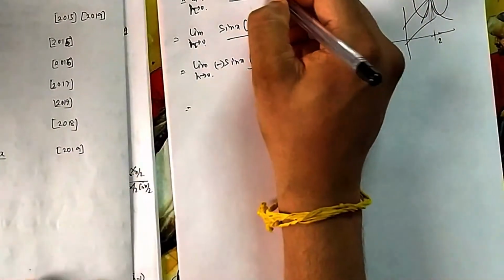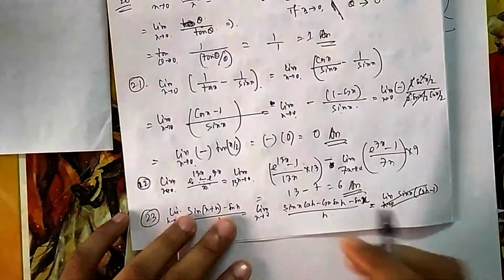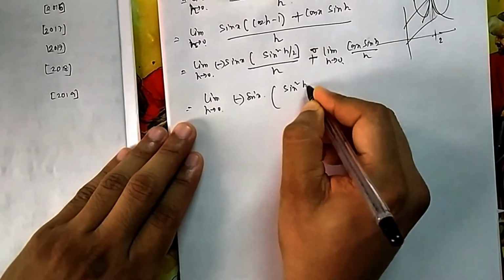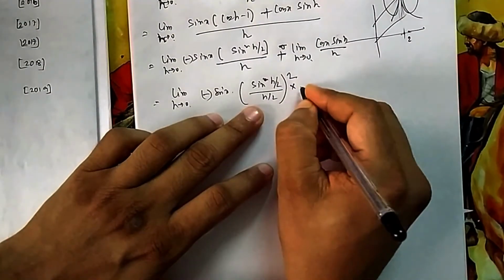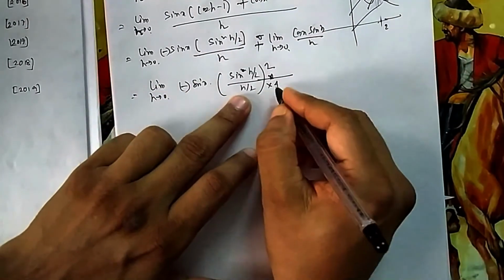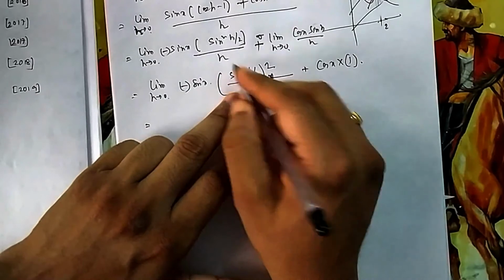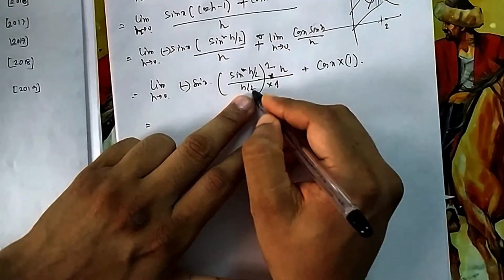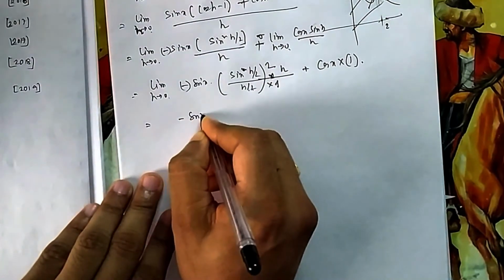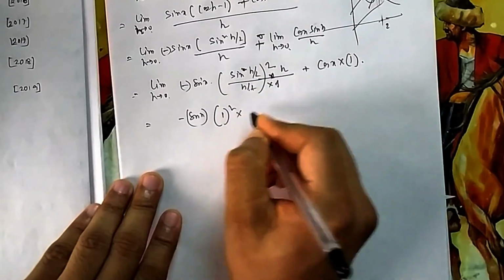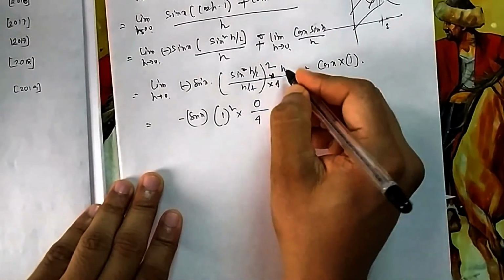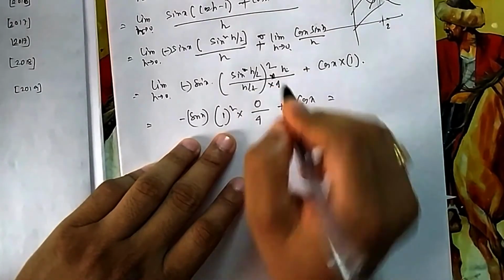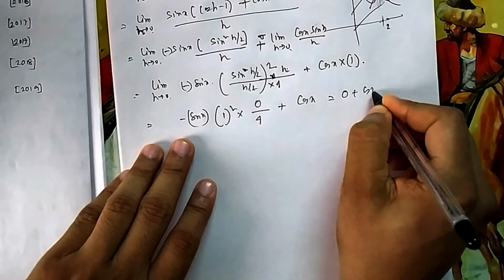Sorry, it was plus, because it is sin(a plus b), sin a cos b plus cos a sin b. So this will be plus, this will be plus. To take care of this sign, you need 2 sin square h by 2 over h, because this 2 is extra, that's why I am giving 4 here. But h is also only 1, you have given 2h, so you need to give 1h. So this h will take care of the extra h, this 4 will take care of this one. So it becomes minus sin x into 1 square, and this h I am putting 0, and then 4, because this h is extra. So in the numerator you can put 0, there is no problem. In the denominator 0, then there is a problem. So it is 0 plus cos x, which is the answer.